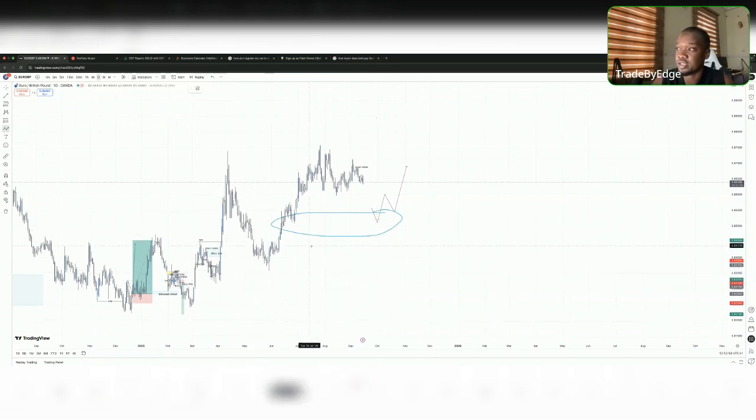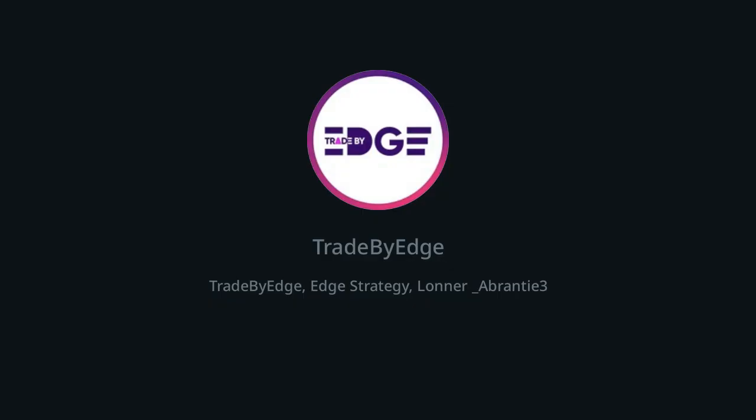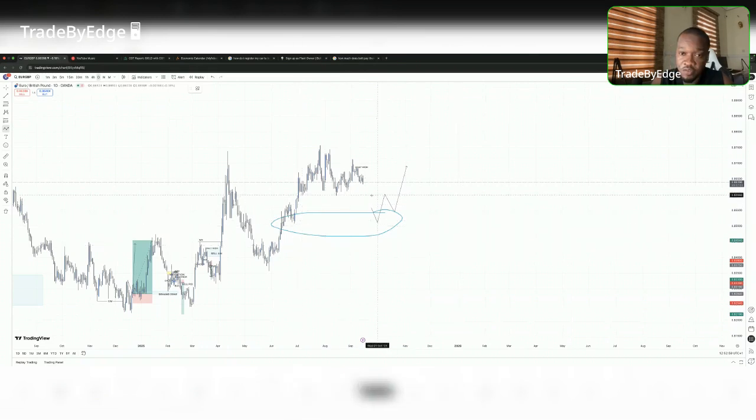Now I indicated this area here as my area of interest. That's the AY, right? And I said I'm expected to see the markets drop anywhere around here. I'm interested in taking a buy. But until then, I'm not buying this pair